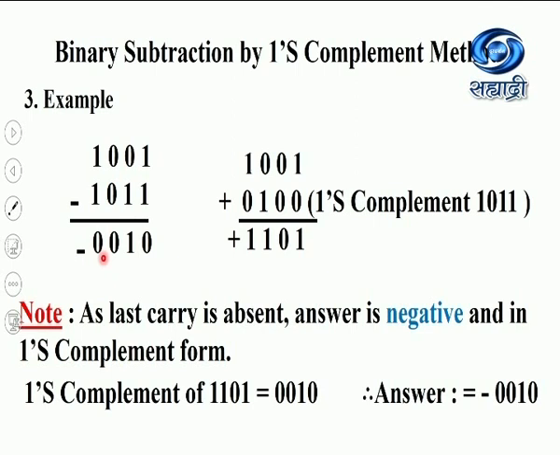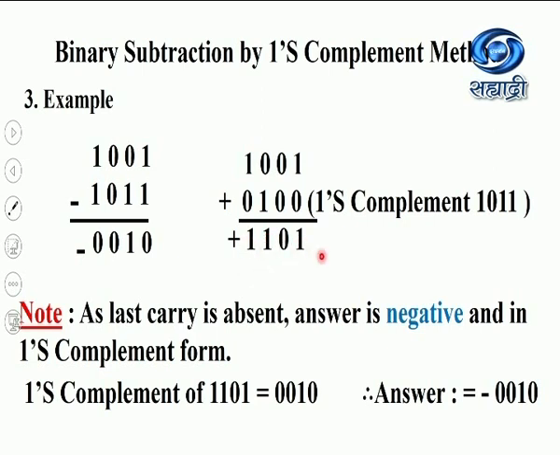Let us solve the same example with the help of the ones complement method. Here we have the first number as 1001, and the second number, 1011, its ones complement is going to be added to the first number. The ones complement of 1011 is 0100. Now let us add these two binary numbers. 1 plus 0 is 1, 0 plus 0 is 0, 0 plus 1 is 1, 1 plus 0 is 1. Here we have the result